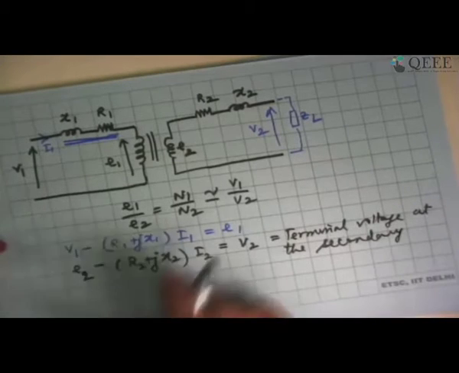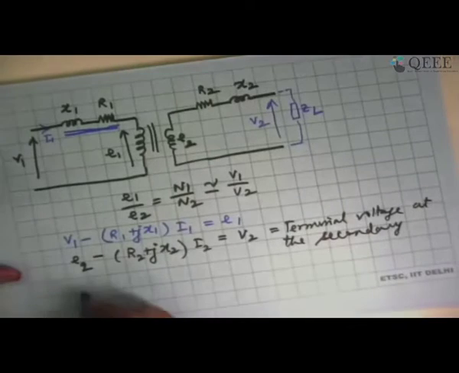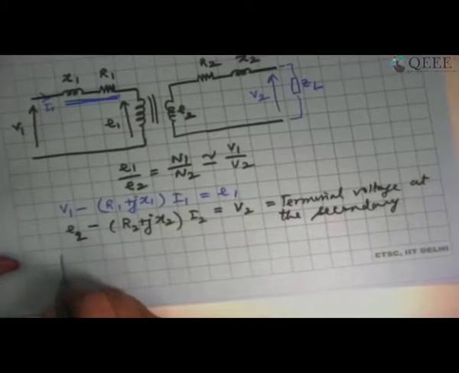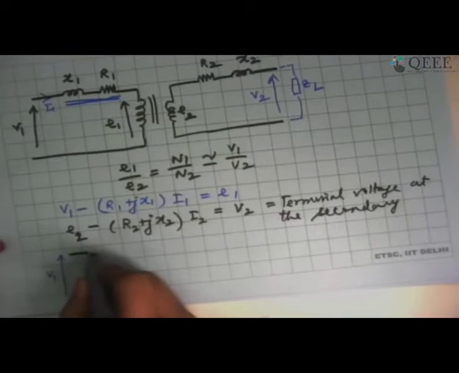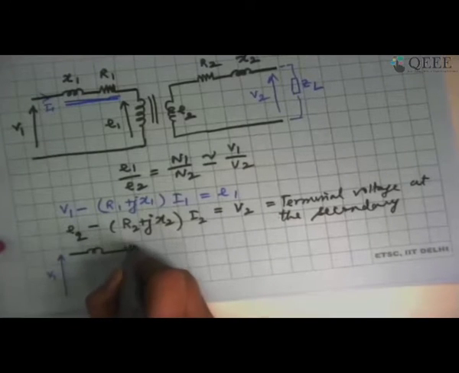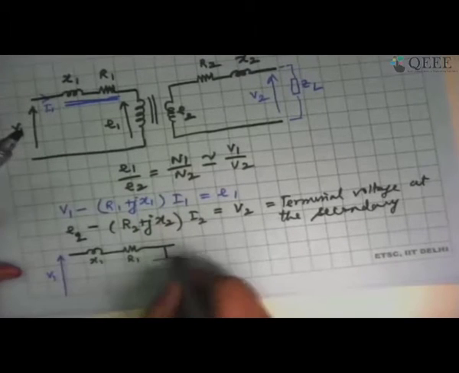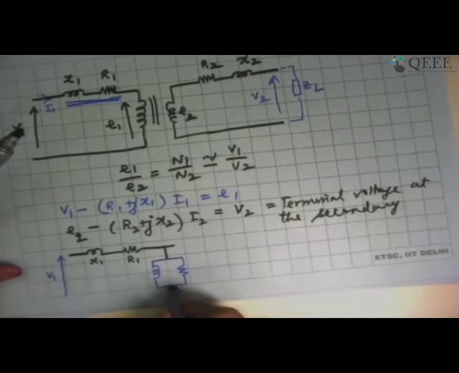So what I can say is basically, if I combine the operation in the no load condition and the operation currently, I should be able to draw the equivalent circuit diagram completely. I am applying a voltage of V1 here. I have first of all R1 and X1, which is dropping the voltage. Then after that, I'm going to have a magnetizing reactance Xm. I'm going to have a core loss component of resistance. This whole thing is going to come up here.